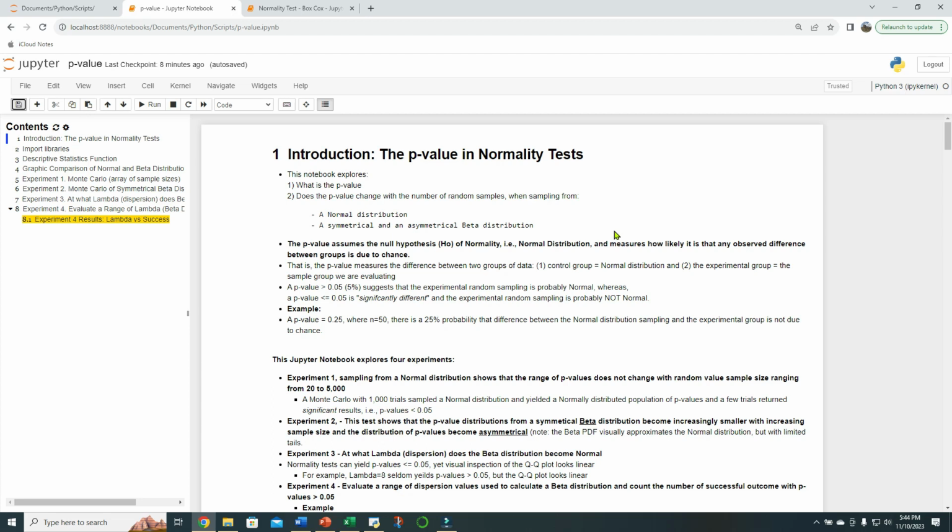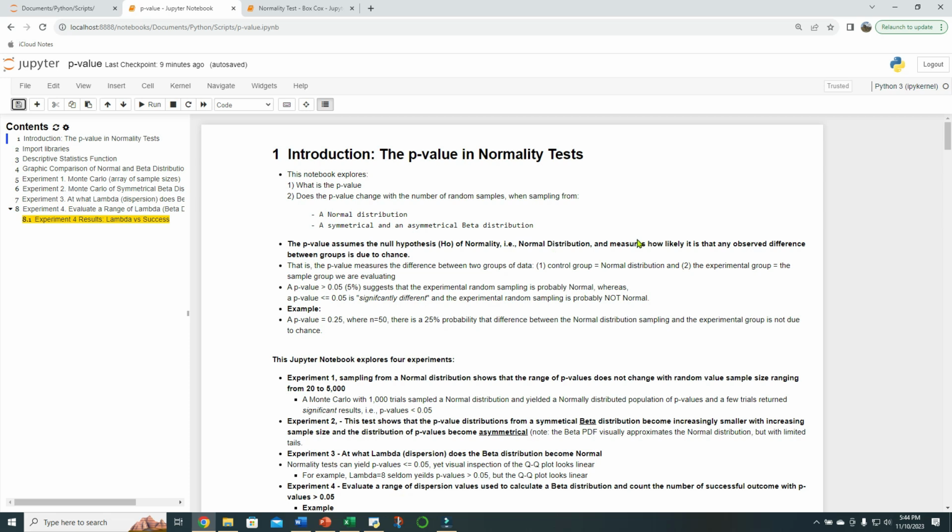This video explores the role of p-values in normality tests and asks the questions, what is a p-value? And does the p-value change with the number of random samples when sampling from a normal distribution, a symmetrical, and an asymmetrical distribution? The p-value assumes the null hypothesis, or H0, of normality, namely normal distribution, and measures how likely